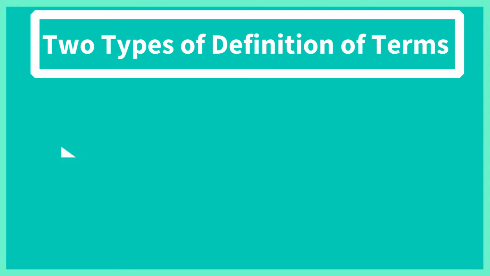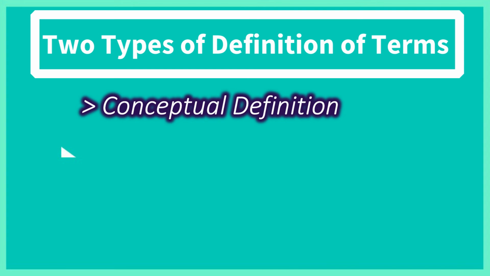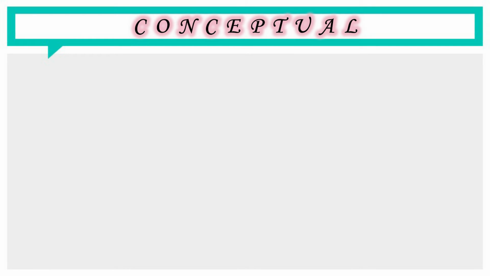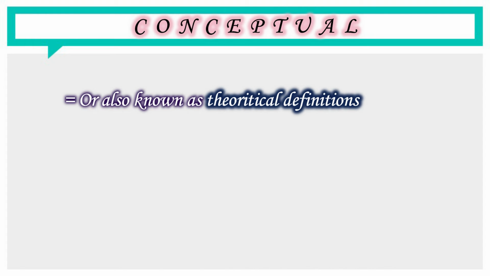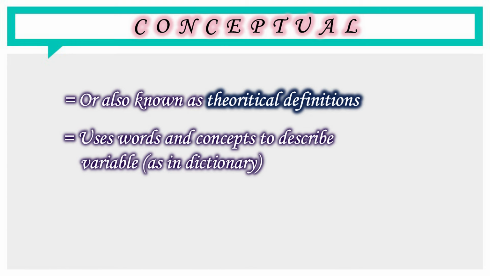So now, after we identify the purpose of definition of terms, let's have its two types: the conceptual definition and the operational definition. Conceptual definition is the universal meaning that is attributed to a word or group of words and which is understood by many people, or also known as theoretical definitions, or something that is based on an assumption or opinion. The usual source of conceptual definition is the dictionary, which is the reference book of everyday language, while